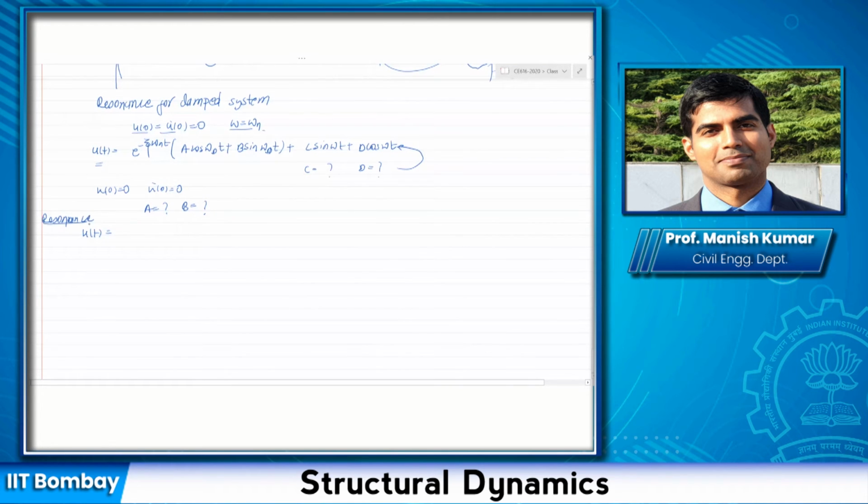Okay, when omega is equal to omega n. See what do you get as C and D. Okay, you can get C and D in terms of, let us say, either p naught by k or u st naught. It's better if you write in terms of u st naught because we know then with respect to the static deformation how much the amplitude is actually amplifying. Okay, so get the value of C, D and A and B for these conditions and then get the final expression for u of t.